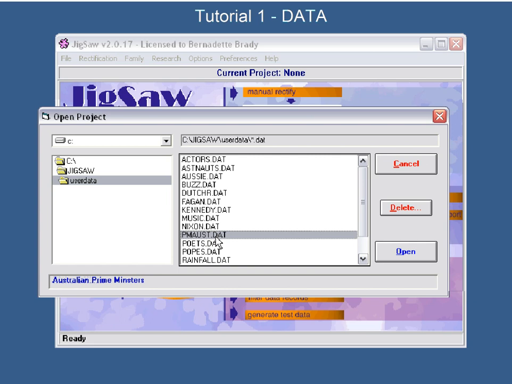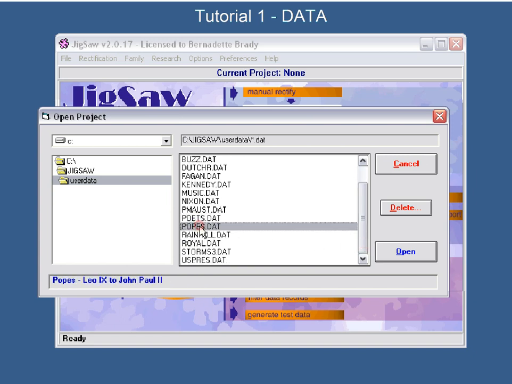Because I'm Australian, it's the birth data of every Australian Prime Minister, untimed again because we don't know the times. A whole lot of published 20th century Australian poets. In a sense, you don't necessarily want to do research on this. This is just data for you to play with. The birth data of all the popes up to John Paul II. And that's another interesting little group. Oh, what a tangled web we weave. You can play around.